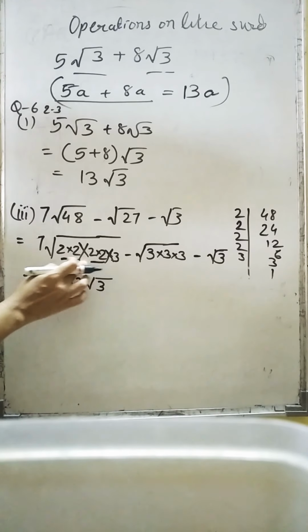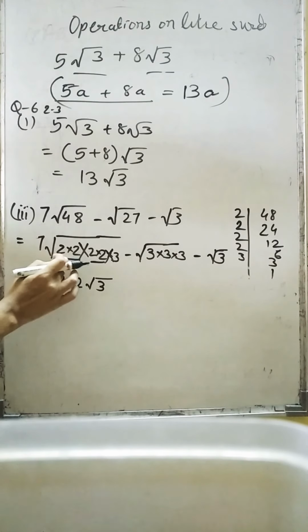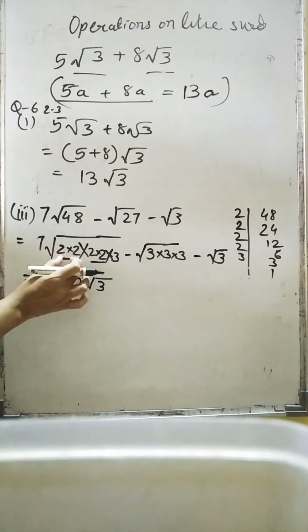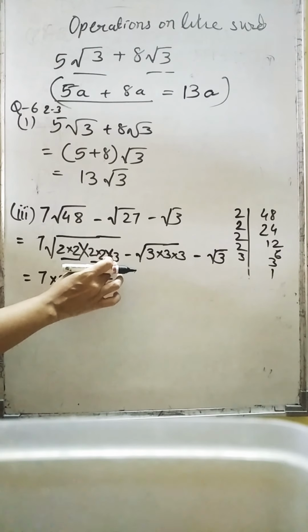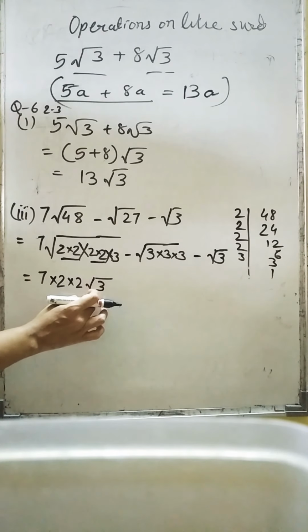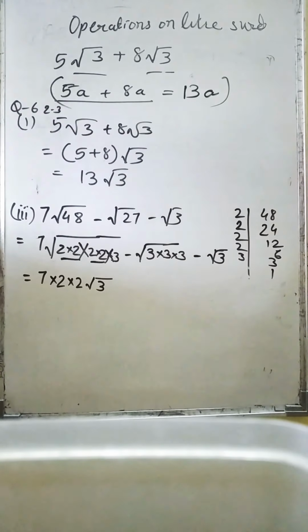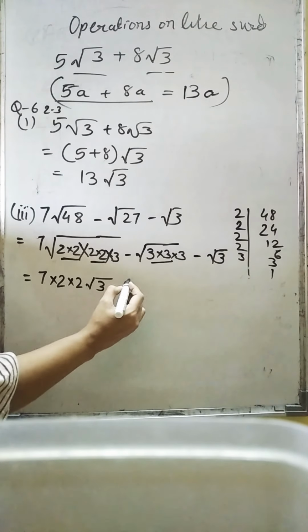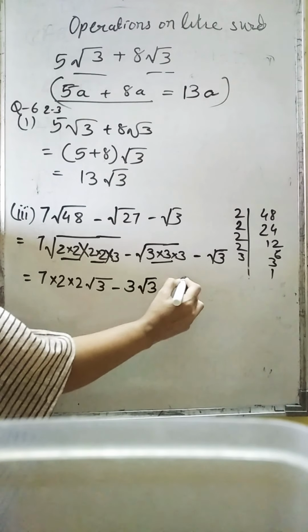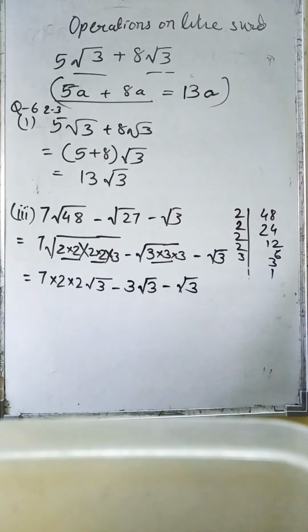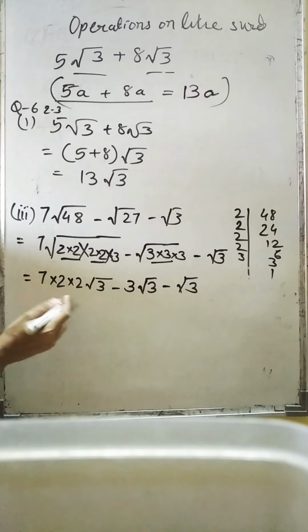Okay? You are going to write down and take out whatever things are coming out. So when it is 2 times here, one time it will come out, from here also one time it will come out. Now these 3, I am not having any pair, so that will remain here only, right? So from here one 3 will come out, right? And this is unchanged. Any question in this? So this is the very first sum where we are doing this, and almost in all the sums we are going to do this. Okay, so I hope it is clear.